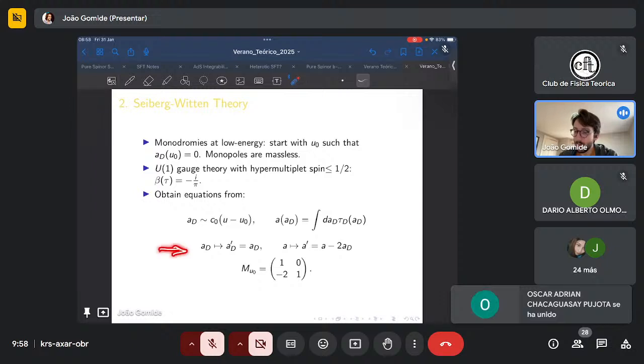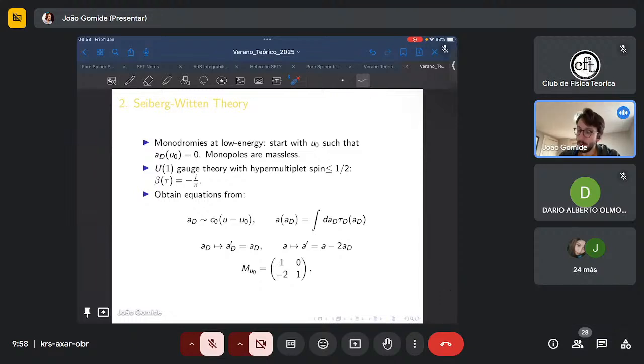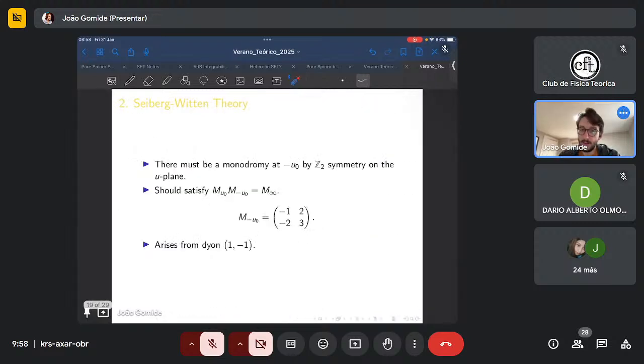So this is their transformation, and this is the matrix which checks on the transformation. Here the matrix is supposed to be acting on AD and A, this vector. Okay, and finally there's